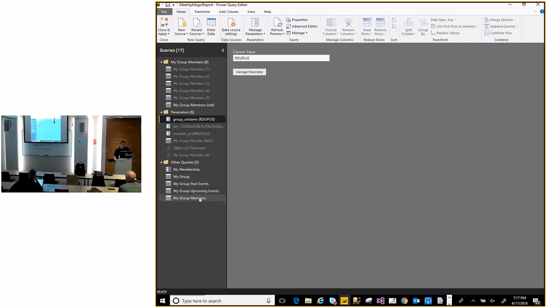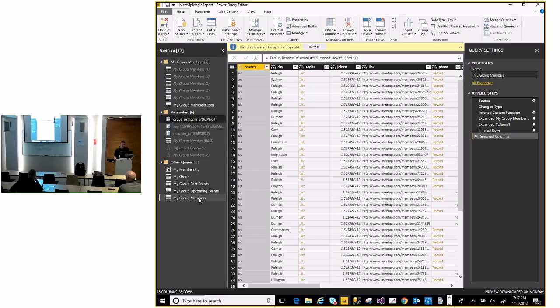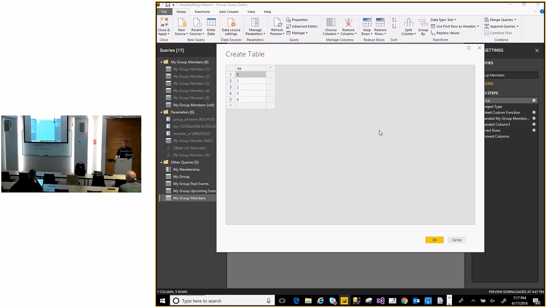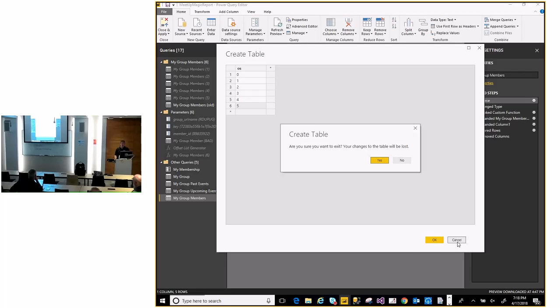So my source, I started off with just an enter data option, and I manually typed these in. And that's one of the pieces you want to eliminate from this solution? Exactly, because when it's static like this, it doesn't require that initial query to the data source to derive these rows.